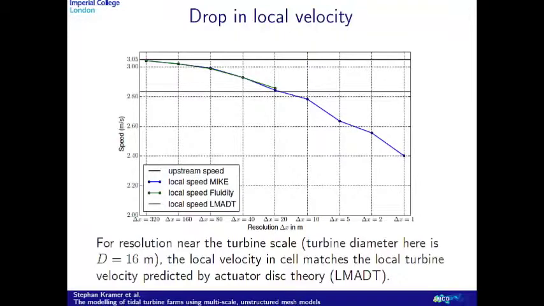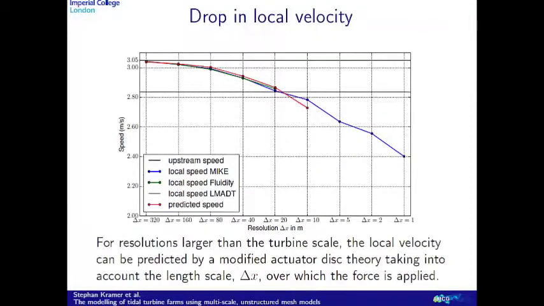Now what happens in between is basically, instead of applying the drag over the correct width, as you do right over here, it's applied over a wider area. And basically what you can do is take this actuated disk theory, modify it, and take into account the fact that you do apply it over a wider area. If you do that computation, shown here in red, you can actually predict pretty well what that drop in velocity is going to be. It's pretty much on top of what you indeed get out of the Fluidity